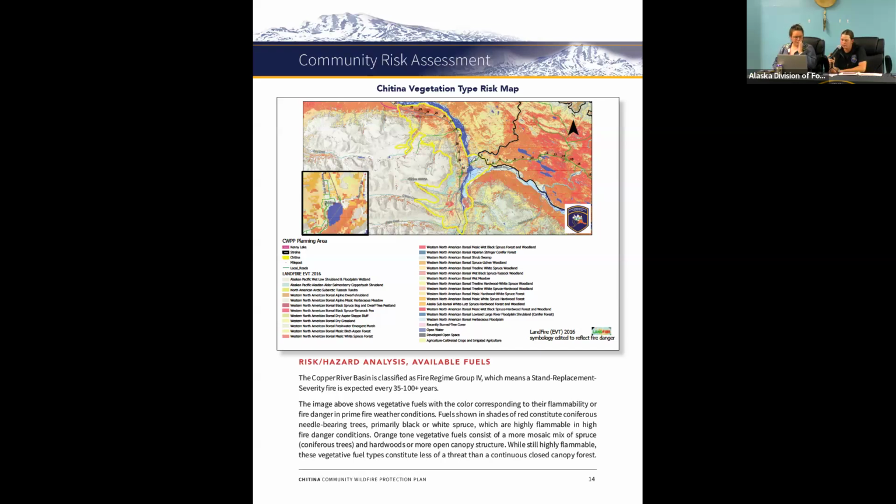All right, before we dive into the community risk assessment, I just want to reiterate that a lot of time and effort has gone into the sections that Emily just did a brief walkthrough on, but it is still in the draft phase. So we're trying to make ourselves available in multiple different ways for you to provide feedback, should you take the document home and see a discrepancy in some information, or you have more detailed information you can provide, and that can be amended in the CWPP at this point.